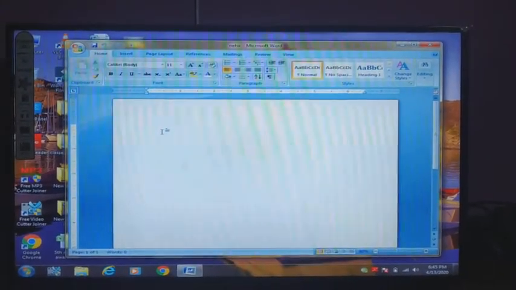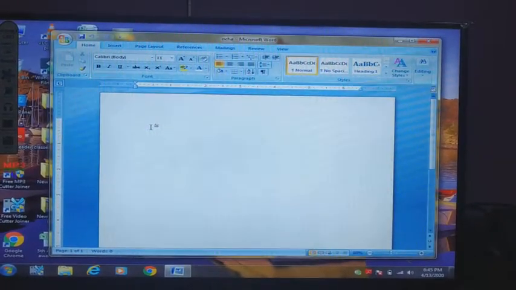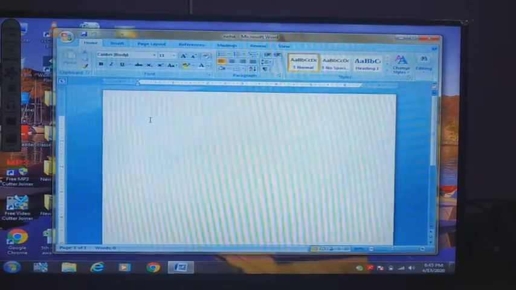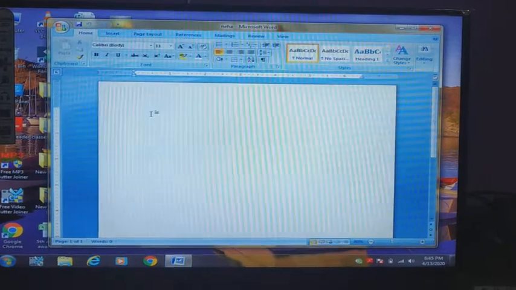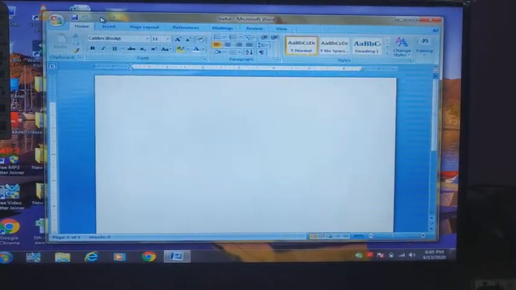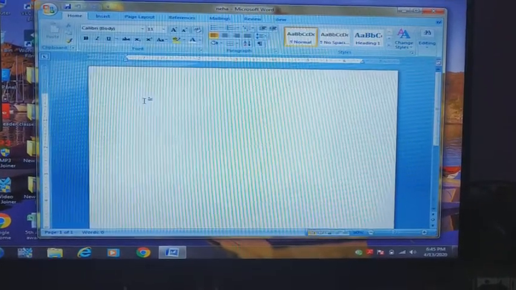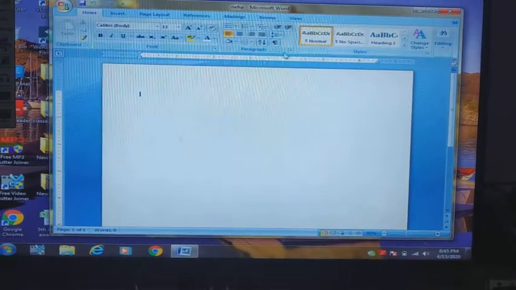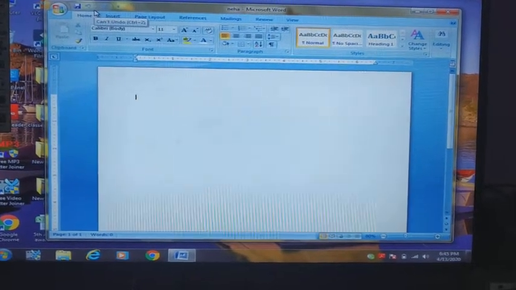I give you one example. The things you need frequently, again and again in your home, you keep near you, in front of you, so that you can take them very easily. Same as that, there are commands that are needed again and again, frequently. We can keep those commands on the quick access toolbar. Why do we say it quick access toolbar? So that we can access our commands quickly from here. No need to go anywhere on groups or tabs. That's why we say it quick access toolbar.